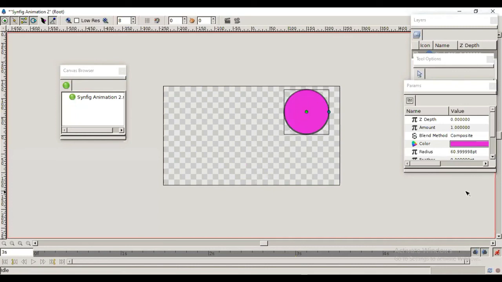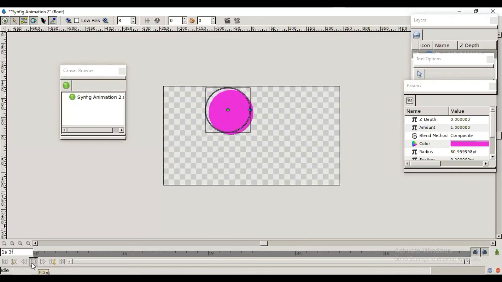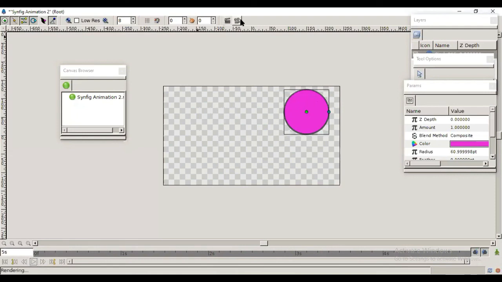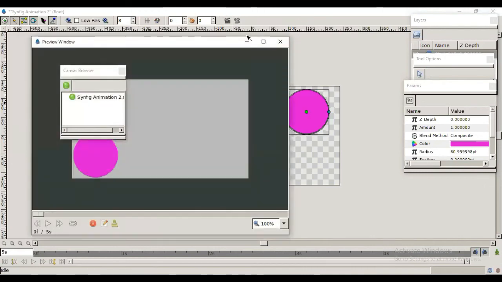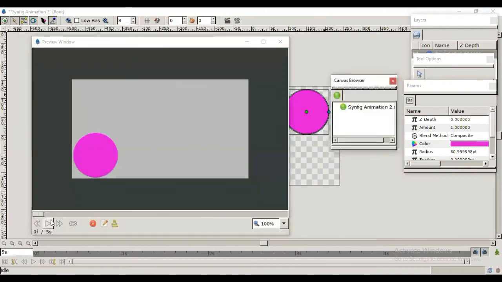Now after finishing, click on this button again, and now play the animation. Now you can see this. Here also, from here you can see the preview. It will look like this. So this is one simple animation.